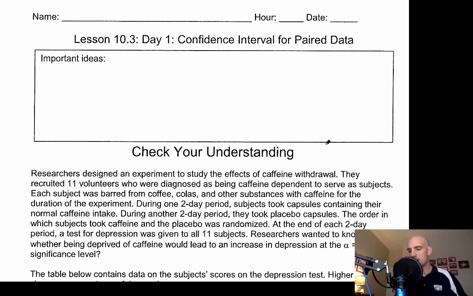We're going to come back to that, but I want to talk about a couple of the important ideas here just real quick. So first, we need to be able to describe the distribution. This is a lot like any other distribution, but what we're looking at is they wanted to know whether being deprived of caffeine would lead to an increase. And so we're comparing one treatment to the other. And so when we're describing distributions,